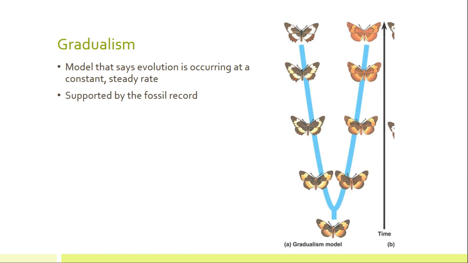So let's talk about how this works in terms of time, right? So how does speciation work in terms of time? There is the gradualistic model that says you get the steady rate of small changes that stack up over time, and so for a while, you're really closely related, you start getting more different and more different and more different, and this is actually supported by both genetics and the fossil record.